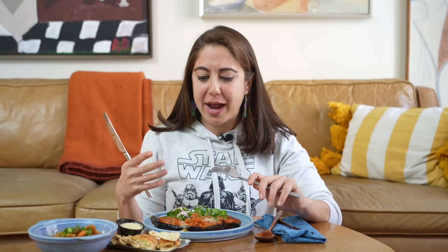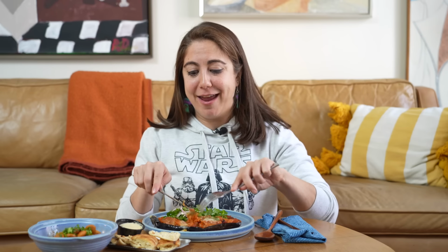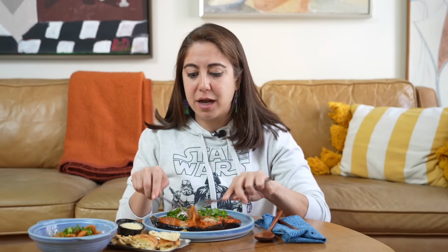It definitely doesn't actually taste at all like eggplant parm. It just kind of feels like it. It's adjacent. There is a lot more spice to this. I feel like you can kind of taste the olive oil that it's been fried in. The onions are just killing it. I love a caramelized onion. Caramelized onions with cheese. This is super different. It needs,